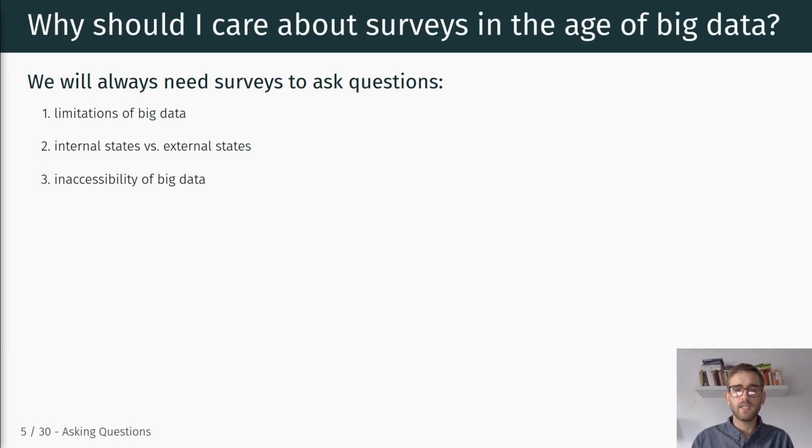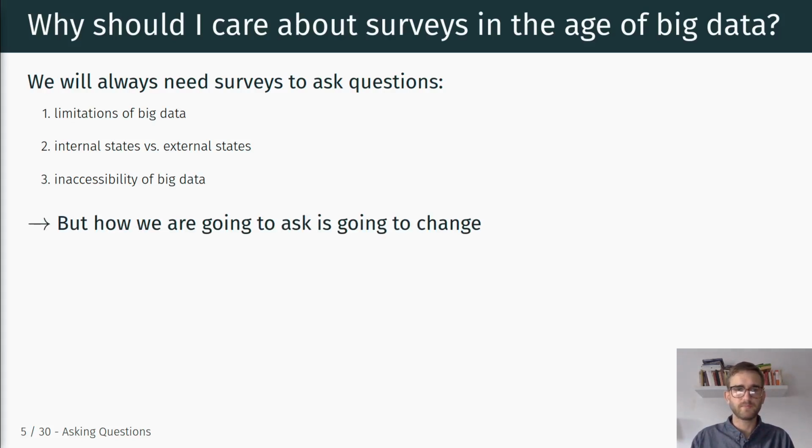And lastly, even if big data sources had all the information that we wanted, oftentimes, as we talked about, they are not accessible, right? Due to legal restrictions or simply due to the fact that they're proprietary, and companies might not be willing to share all their data. They're often not accessible enough, and so we still need to complement our data collection efforts with